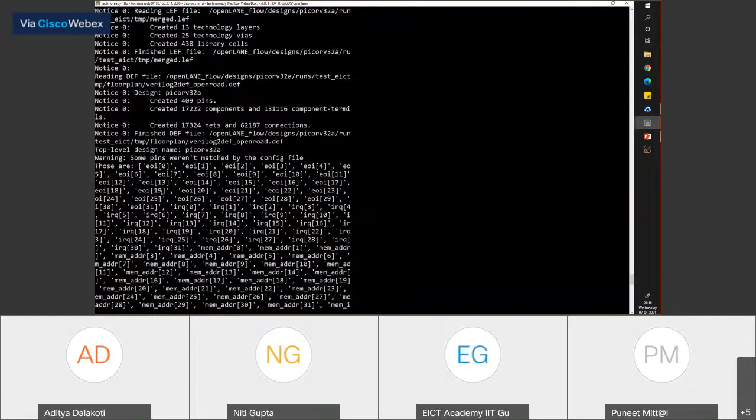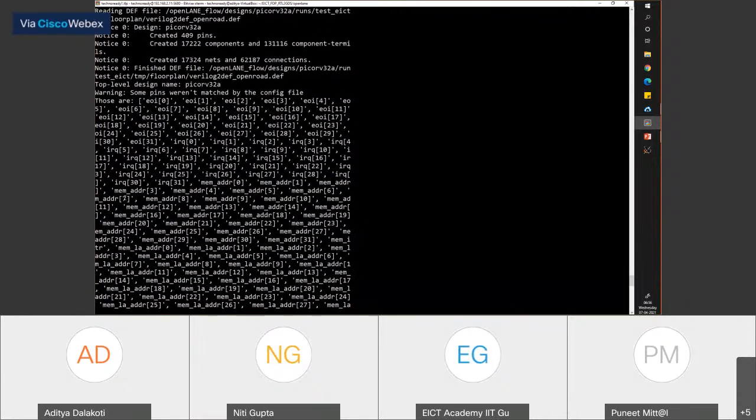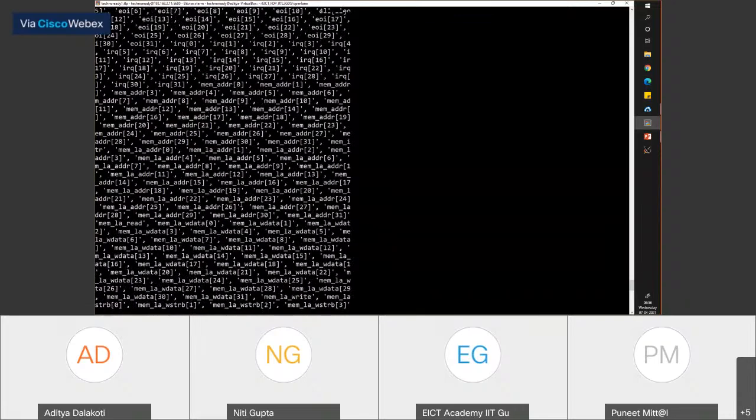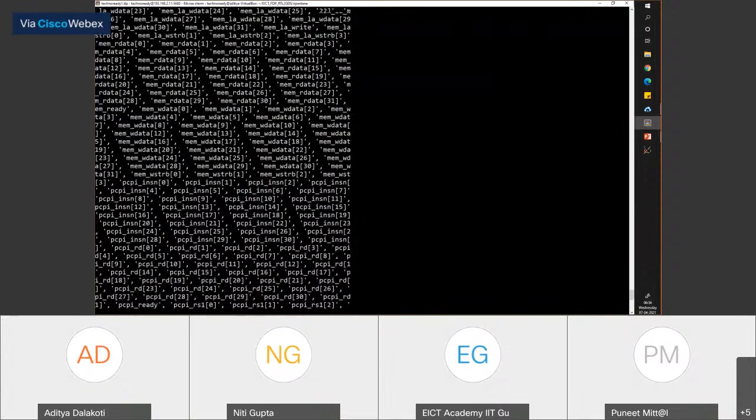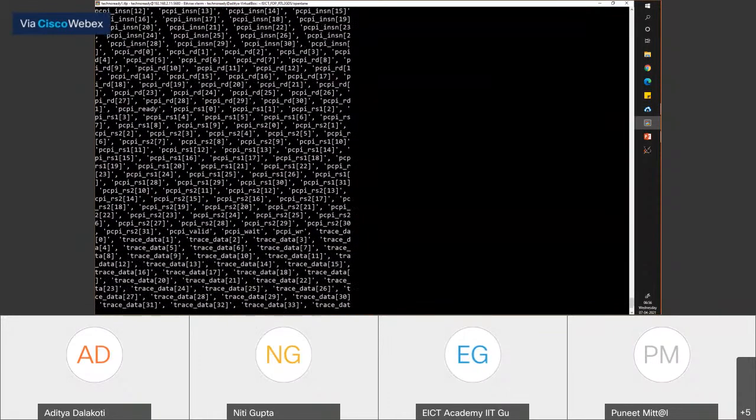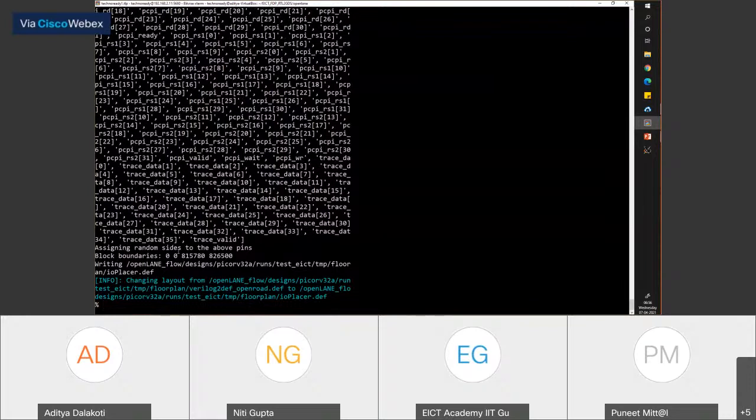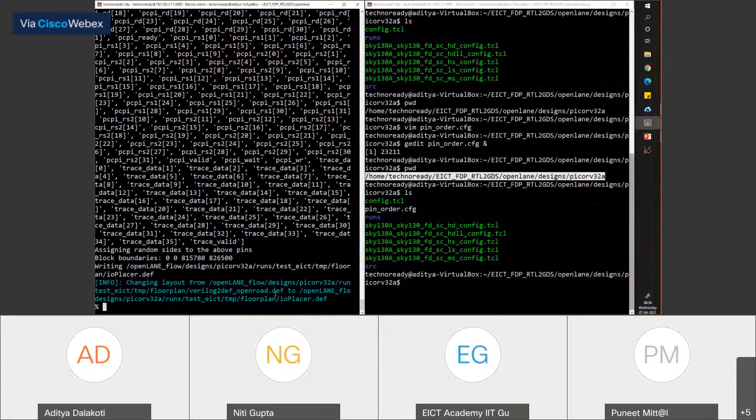So this is back to Zakir's question now, how do we specify the vectored ones? The way you specify vectored ones is like this, and then you specify them one by one as needed, whichever pin location it is. So it is saying that it assigned random sites to these above pins which were not present. Whatever we specified, if everything went correctly, then it should have just picked the correct direction we specified for those. For the rest of them, it should have picked random values.